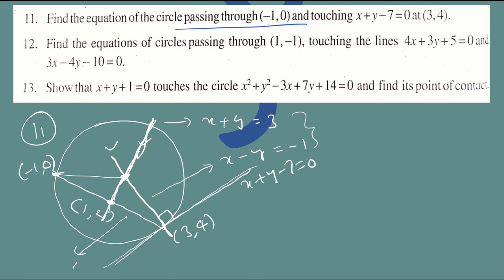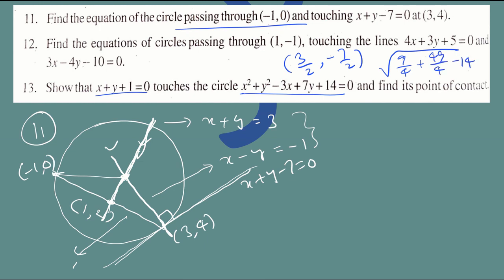We have done one more problem of this type. It is very simple. You see that we have to prove this touches this one. When do you say a line is touching the circle? When the distance from center to the line is equal to radius. So you write the center here, that is 3 by 2 comma minus 7 by 2, and also the radius, which is root of g square plus f square minus c. Okay, you got center, you got radius. Show that the distance from center to this line is nothing but radius. Then you get that it is a tangent.